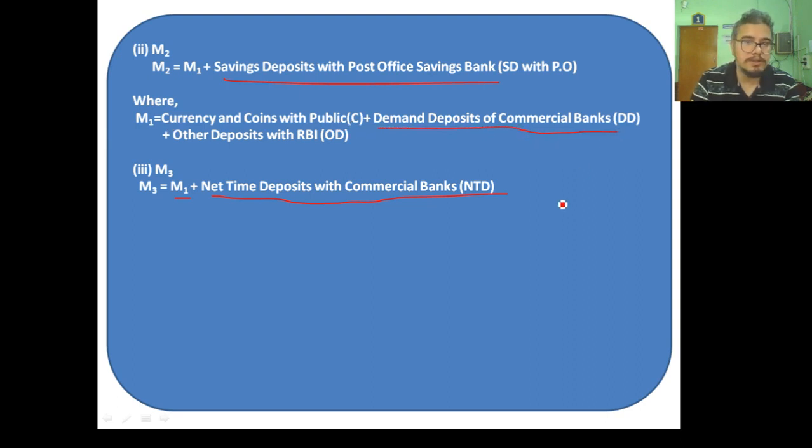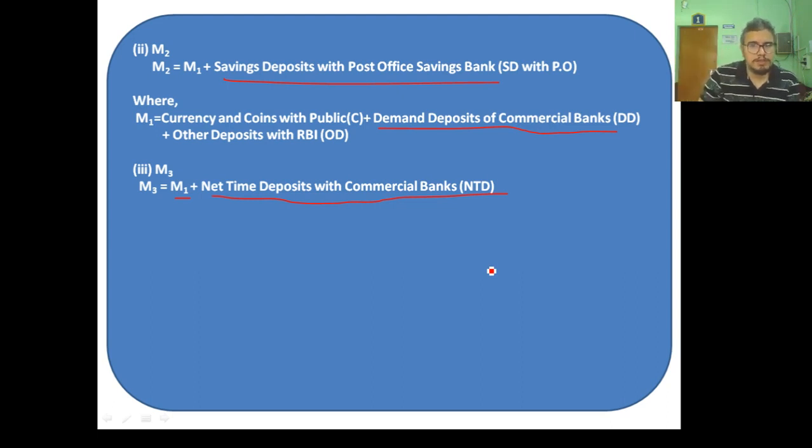Now earlier if you see the formula of M1, then we have discussed only demand deposits of commercial banks here. Okay, now you must have heard about the fixed deposit. Fixed deposit means nothing but time deposits itself. So there are certain restrictions as far as time deposits are concerned. Let us say a person deposits 50,000 rupees in a fixed deposit account and agrees to keep it for a 5 year time period. Okay, so the maturity period here is 5 years.